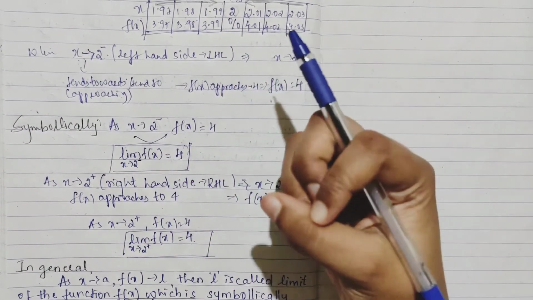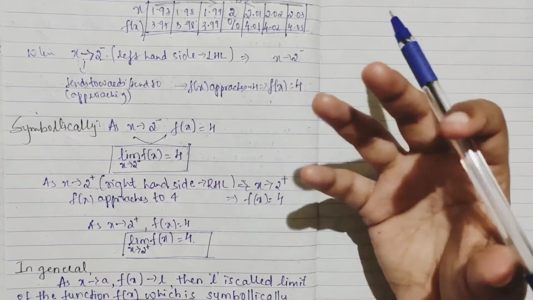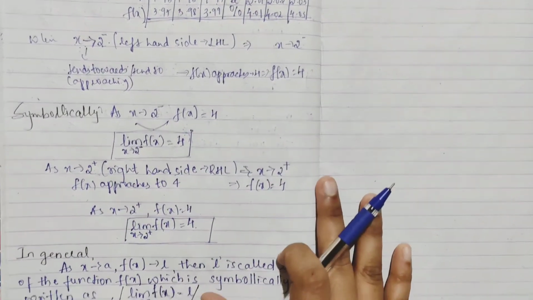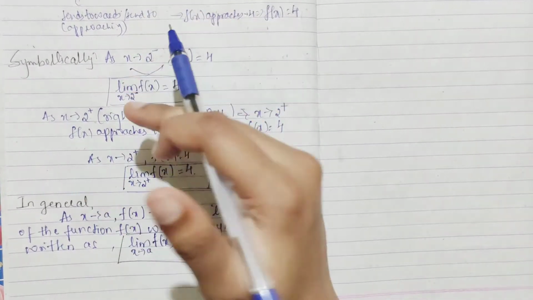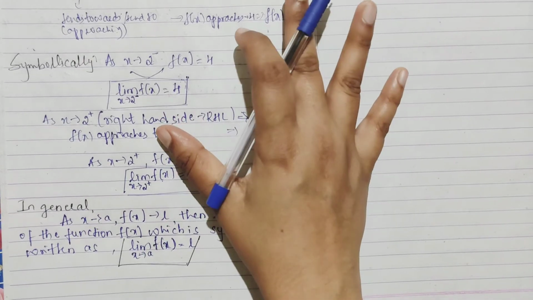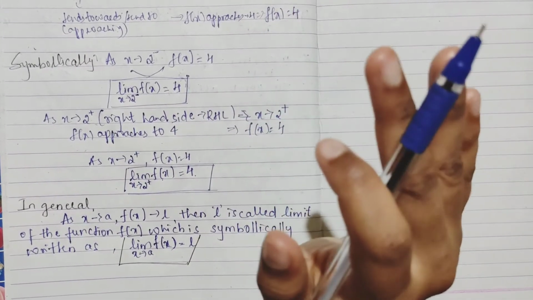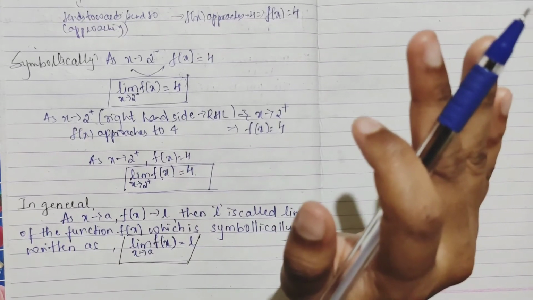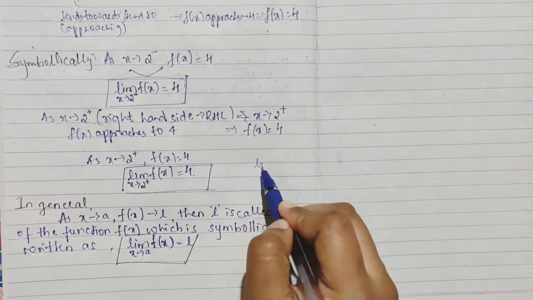So whenever you are doing some problems, if it tells you to find the limit of this, you have to go in such a way. For some functions we can go from the left hand side, we can go from the right hand side, depending. For some we'll directly apply the normal limit. That's it.